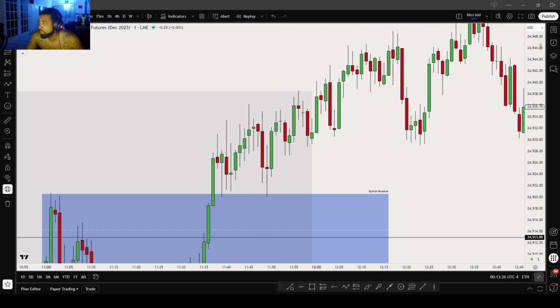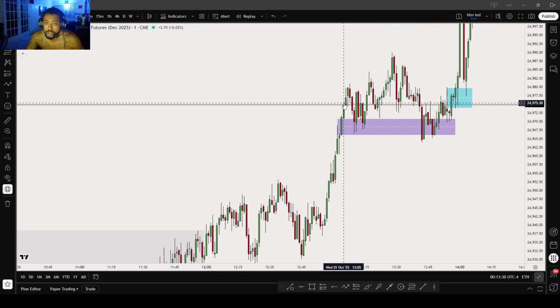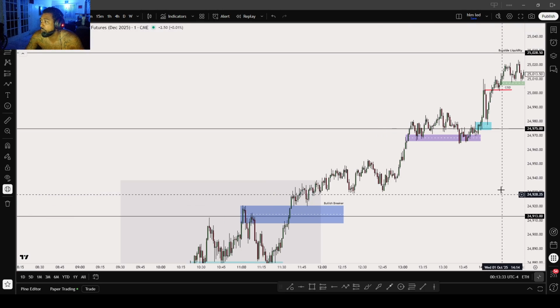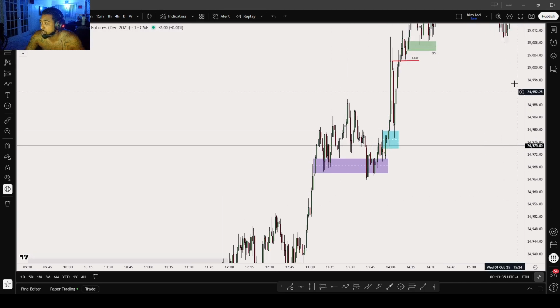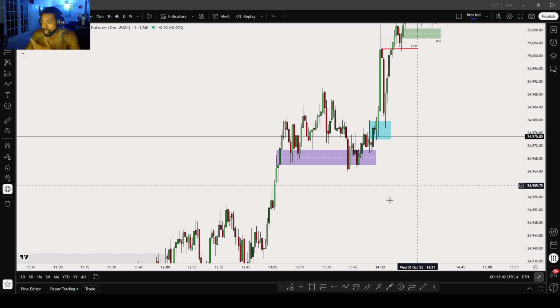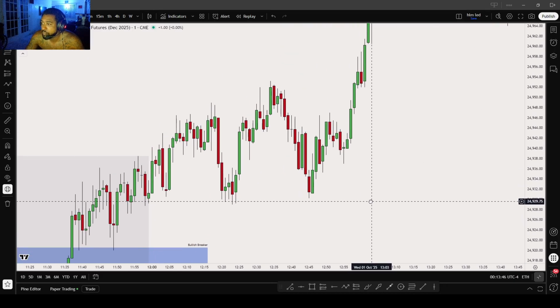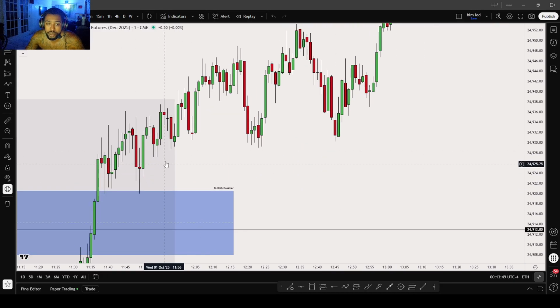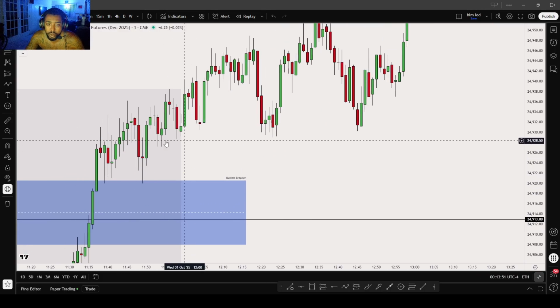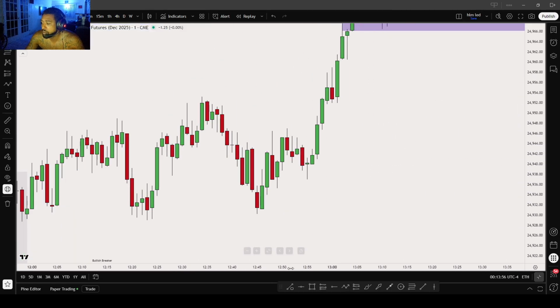Leaving it and just running all the way. You see, it ran all the way to all-time highs. Wait, matter of fact, this was another buy side area. Sorry. The market literally just gave us perfect order flow and it just kept running and running and running, respecting everything. You see how it literally, before I keep going, show that upper level. You see how it literally kept going. It touched the fair value, the bullish breaker, touched it, ran, and then like I said, look at this order flow.